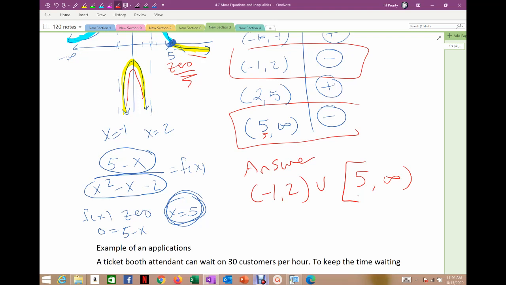Alright, so that finishes up solving inequalities. And the last thing we're going to do from this chapter is look at a few applications of inequalities and then a couple variation examples, which we've talked about before. And I'm going to introduce them again here in